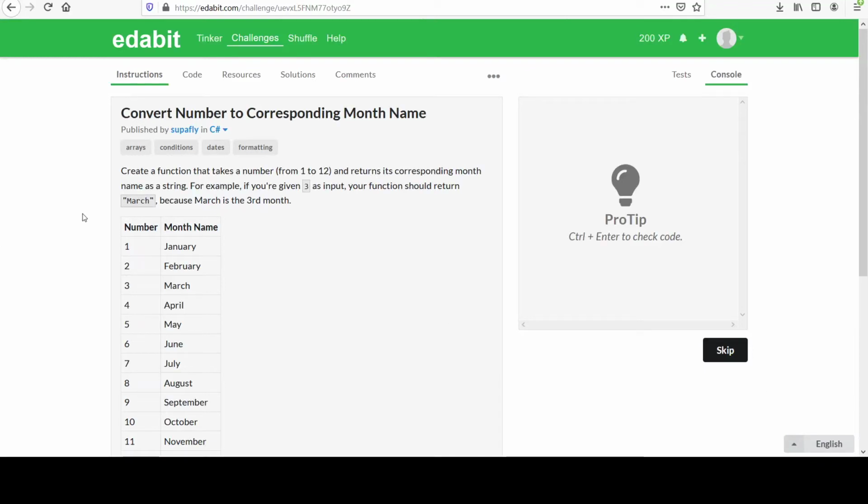Hi, your next challenge is called Convert Number to Corresponding Month Name. You are to create a function that takes a number from 1 to 12 and returns its corresponding month name as a string. For example, if you're given 3 as input, your function should return March, because March is the